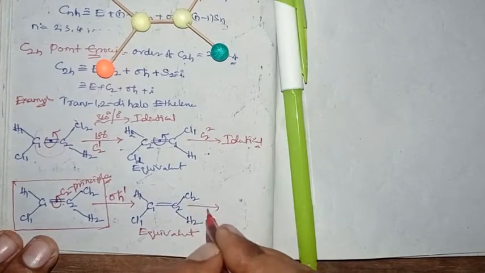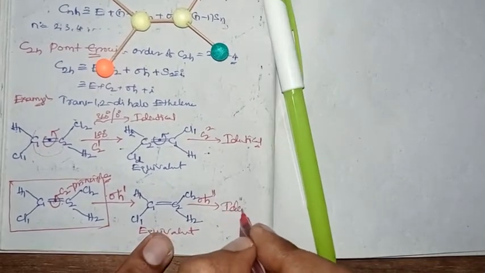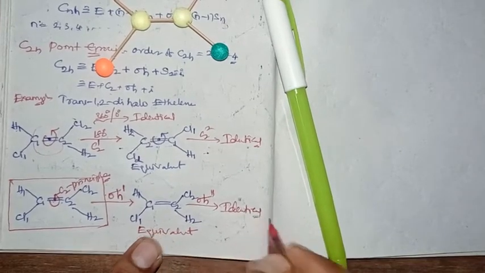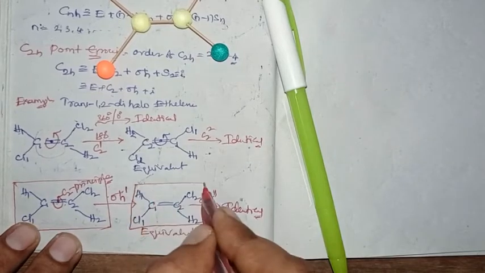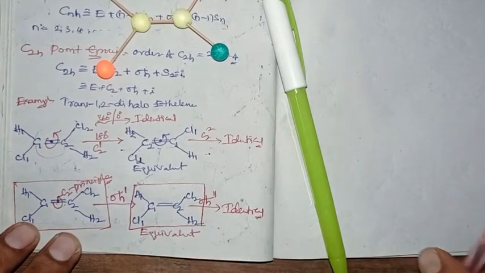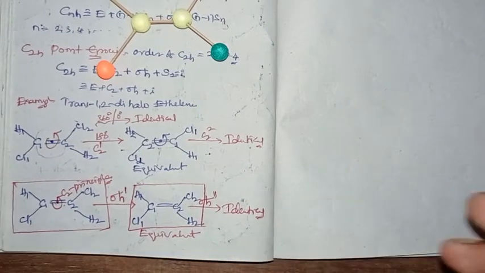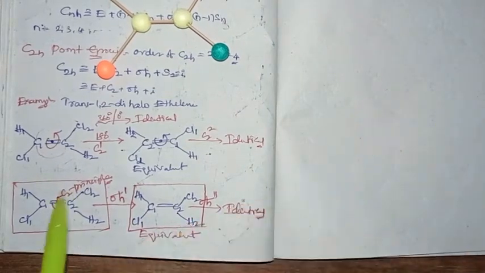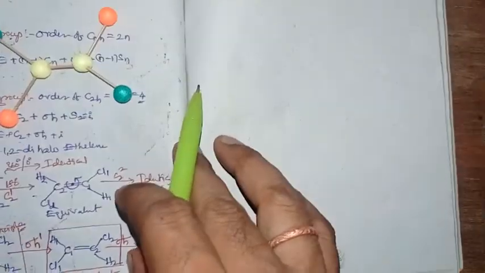Reflecting through the horizontal plane, passing through all the atoms, gives you an identical configuration, right? So you may do that. Like this, the 1,2-dichloroethylene will have a horizontal plane of symmetry, right?